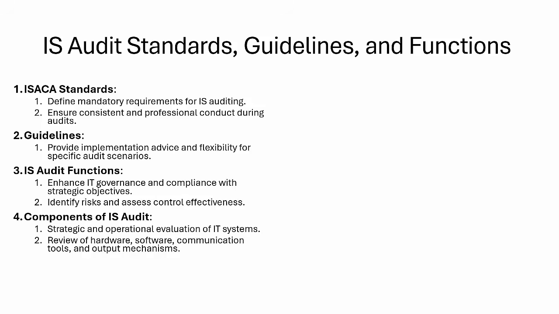For example, like we have a rule book, right? 27001 talks about which controls need to be audited. These are the mandatory controls. But the ISACA standard talks about how you should do an audit. This is your rule book.